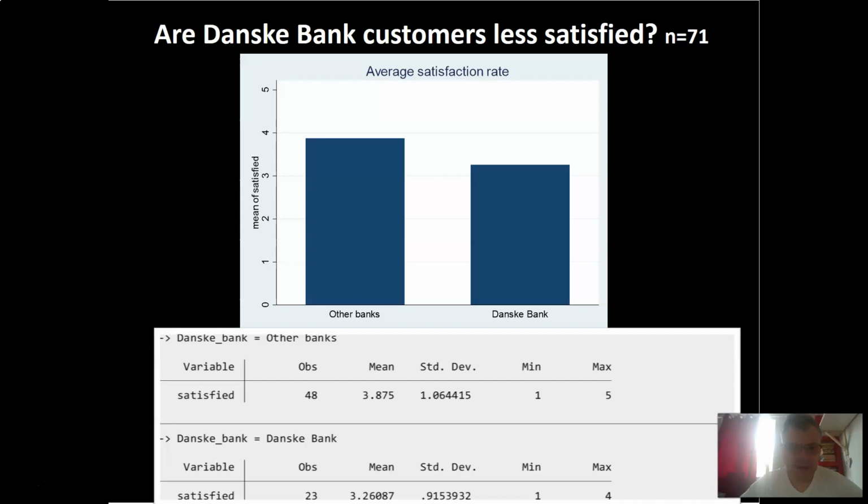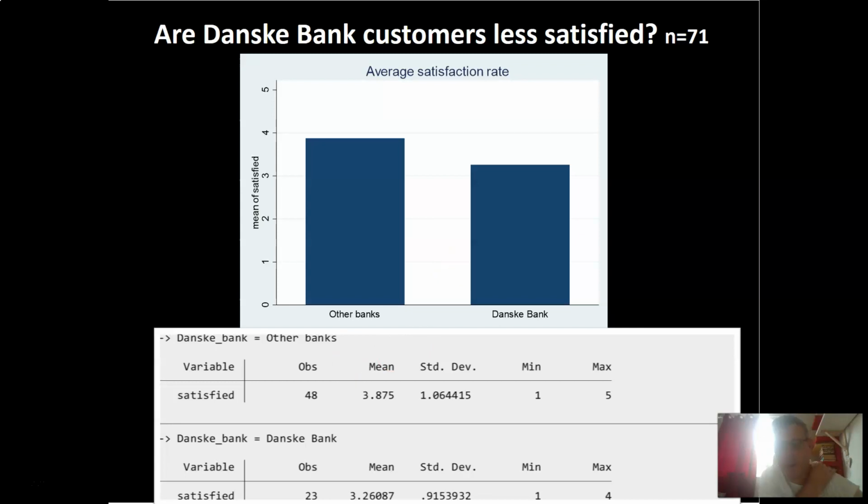And you see here in this bar chart the average satisfaction rate, and the satisfaction question was on a Likert scale from 1 to 5. The average satisfaction rate seems a bit lower for Danske Bank customers. The average rate for people in other banks is 3.87, and the average rate at Danske Bank is 3.26. So it seems like there is slightly less satisfaction in Danske Bank than in other banks, but it's only a sample